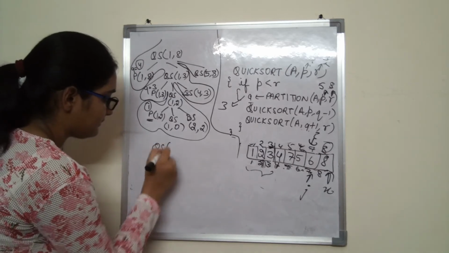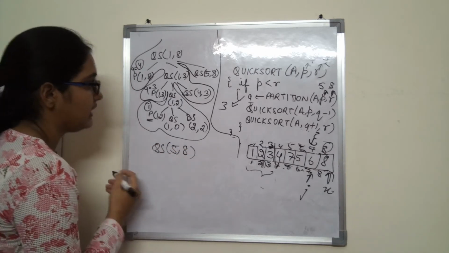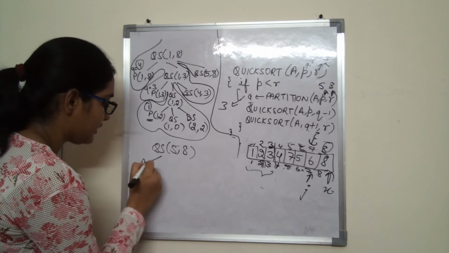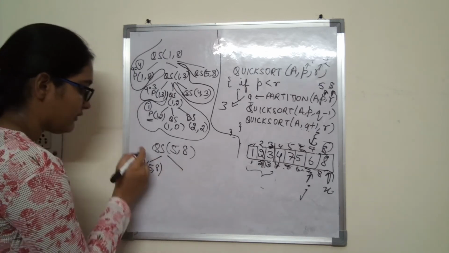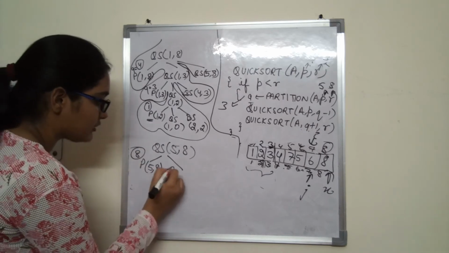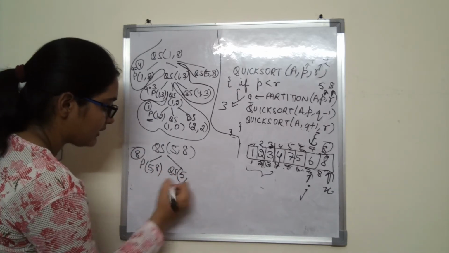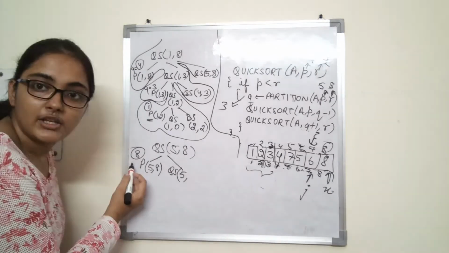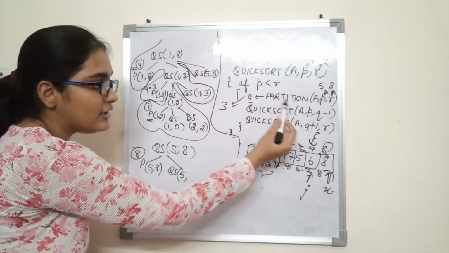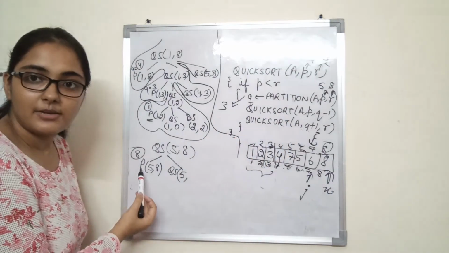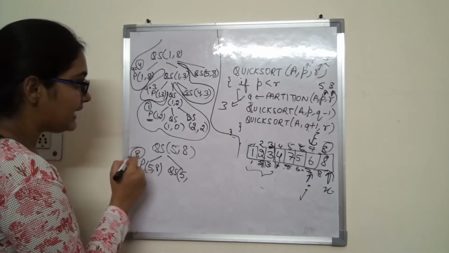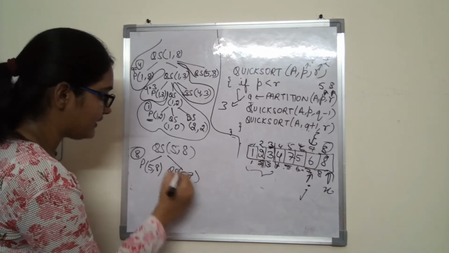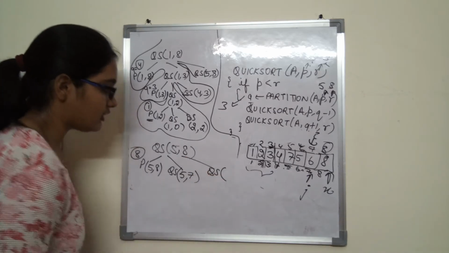Quick sort 5 8. What was it calling? It was calling partition on 5 8. And then what value did partition return? 8. Now quick sort is called on P, Q minus 1. What is Q? Q is 8 now, because Q is the value returned by partition. So what we do is we call on P and Q minus 1, that is 5 and 7, and then we again call quick sort on